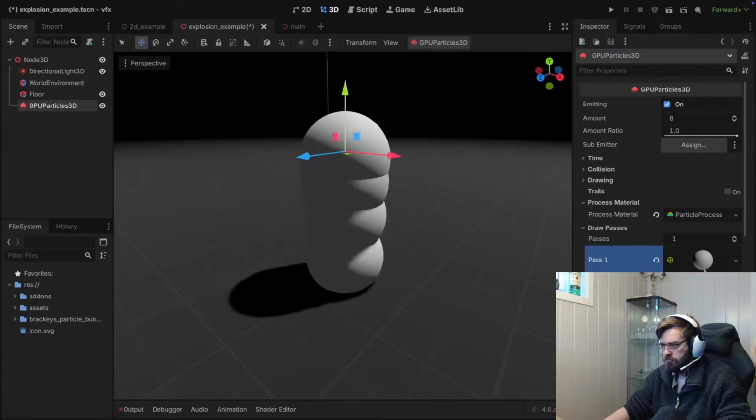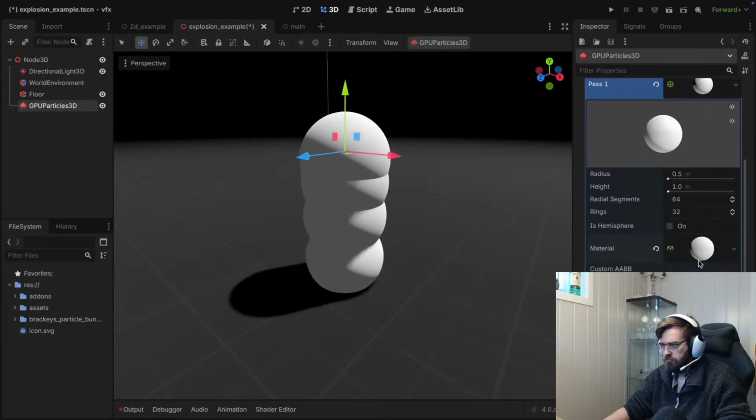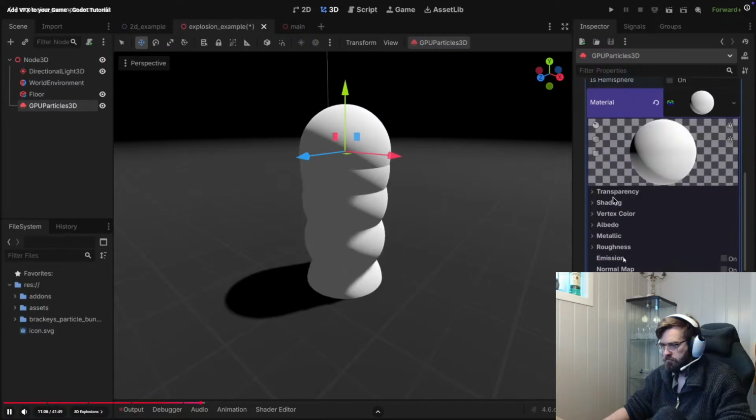Just like any other mesh, we can add a material, and here we can actually use a regular standard material 3D. We can leave all the settings as is, but one thing that we will